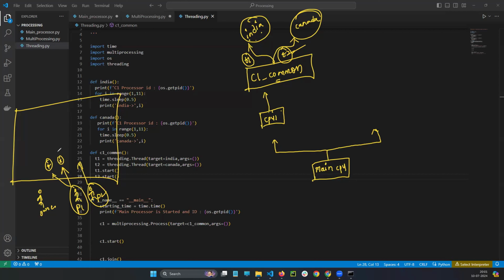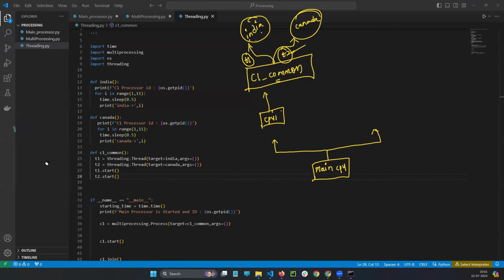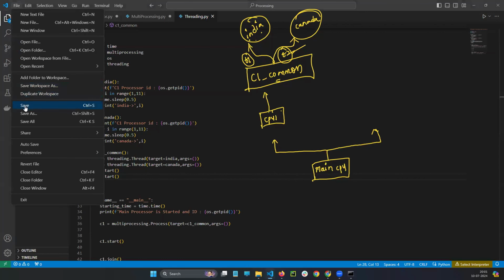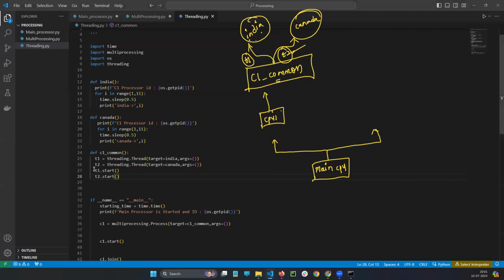But if this one is waiting, means this work is waiting, he will do the second one immediately. So directly you should not give anything. If you call the function directly, you need to wait till India completes. But if I give it to threads, the thread will take care of everything. Thread will check T1. It is waiting here. See, thread 1 will wait here. Immediately thread 2 will start. If thread 2 is waiting, thread 1 will start. So at a time they won't work, but with a very high speed they will work.